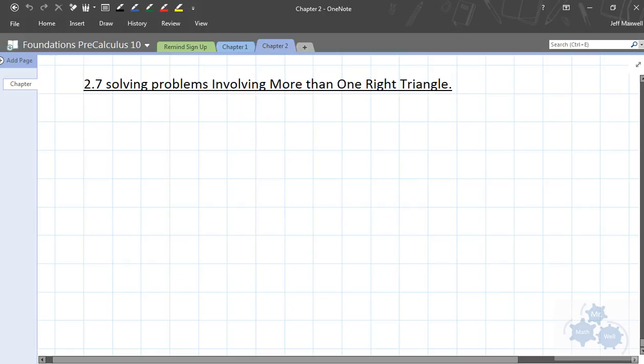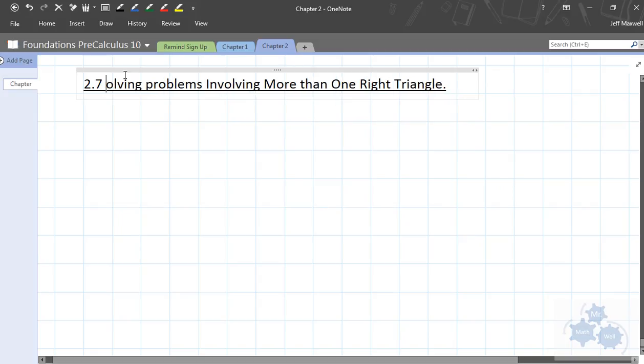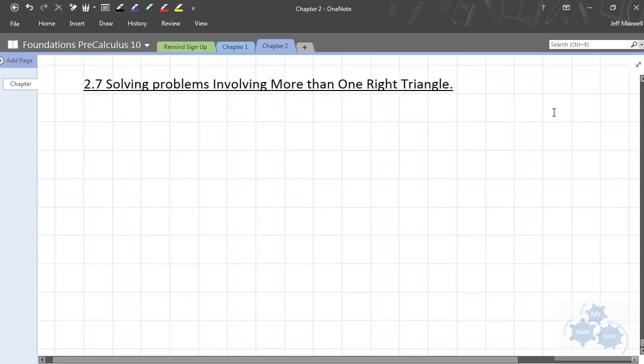All right, so 2.7 in your textbook, this one is entitled Solving Problems Involving More Than One Right Triangle. And we've been doing very simple questions up to this point. An example of one that you know how to do is, let's say, here's a river here, and we've got